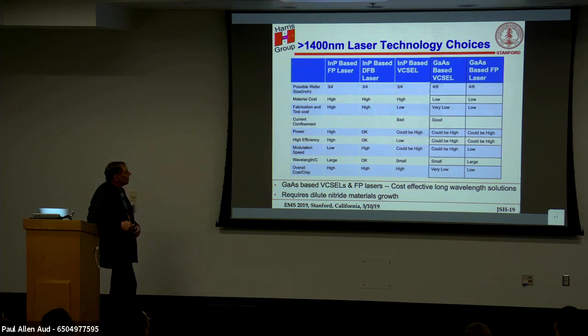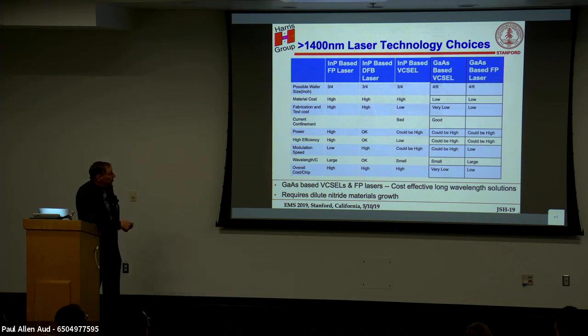So then the question is, if we want to go to longer wavelength because of the much greater signal to noise ratio that you can get, you can look at using an indium phosphide based Fabry-Perot laser or a DFB, or there has been a considerable amount of effort on indium phosphide-based VCSELs, but the thing that's different about these is they're all wafer, well, some of them have dielectric mirrors, but that creates some other challenging problems. But